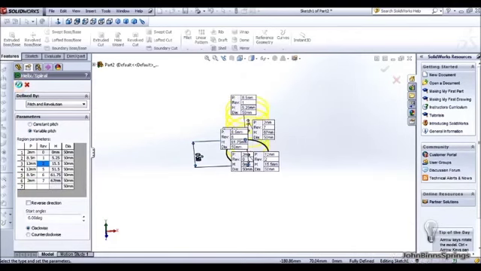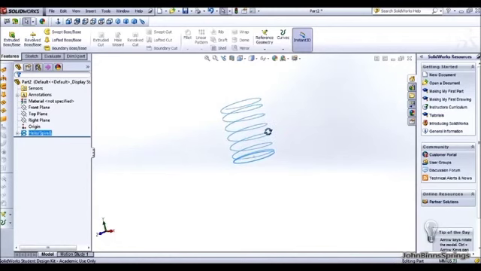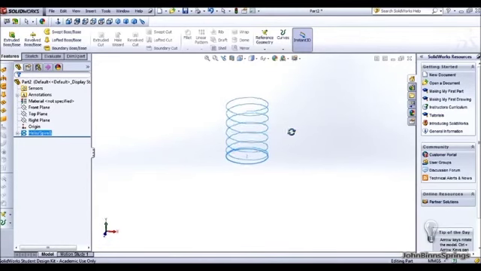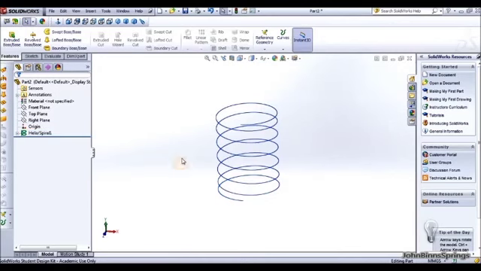You now want to tick this, and then you get a view of what the mean diameter of the spring will look like. So our next step now is to sweep the helix, so it's got the diameter of the wire. The best way to do this is to reference geometry, plane,